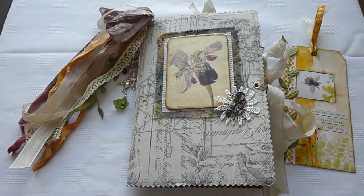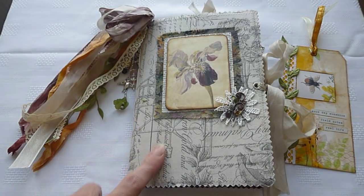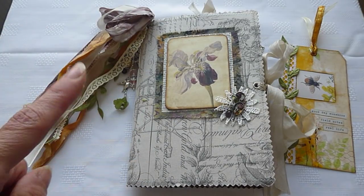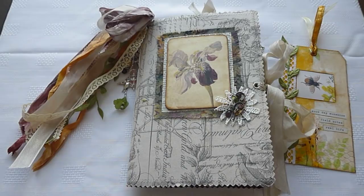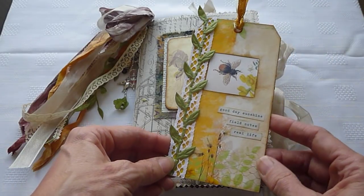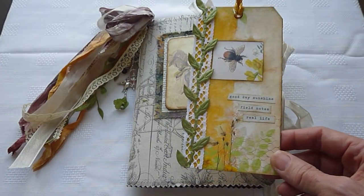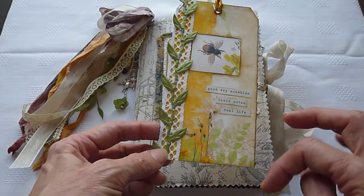And her requested theme was botanical. Wendy often says on her videos that her favourite flower is the iris, so I've probably gone a little bit iris heavy on this one. So hopefully you'll enjoy that, Wendy. And let's get started. I've made a little journal card, journal tag really, to go with this,